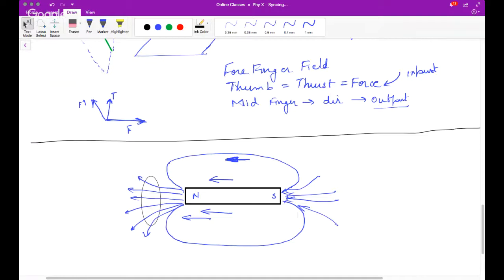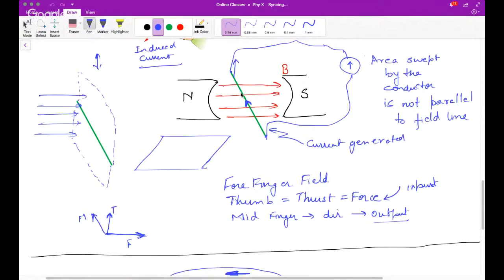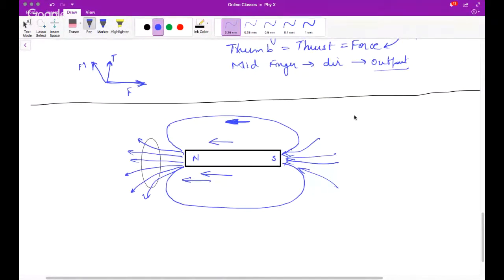Yes, current will be induced till there is a relative motion between the conductor and the magnetic field. Either you fix the field and move the conductor, or you fix the conductor and move the magnet up and down. In both cases, there will be a current induced. So always remember, what is the criteria? There has to be relative motion